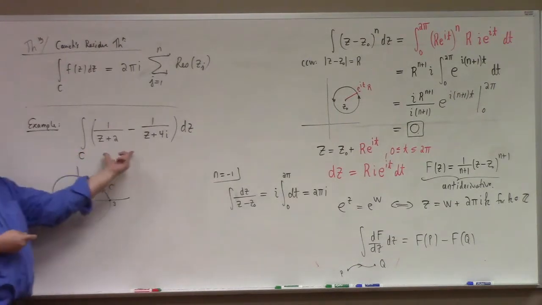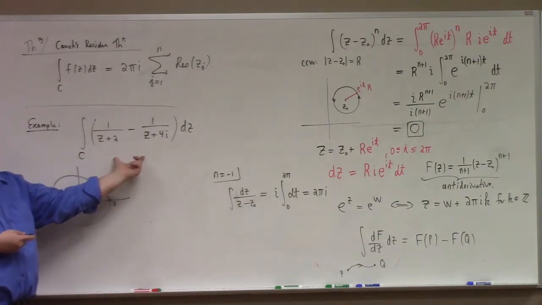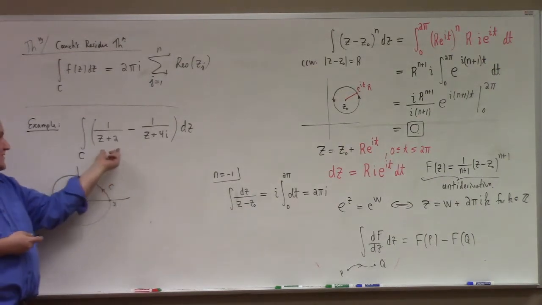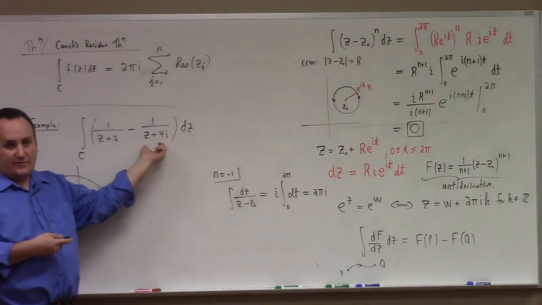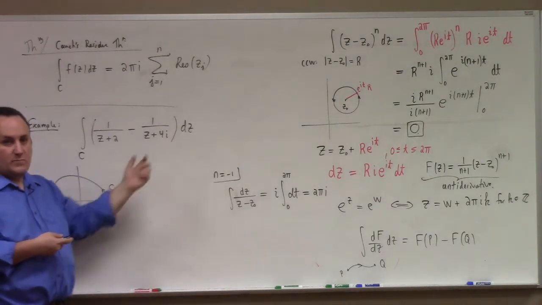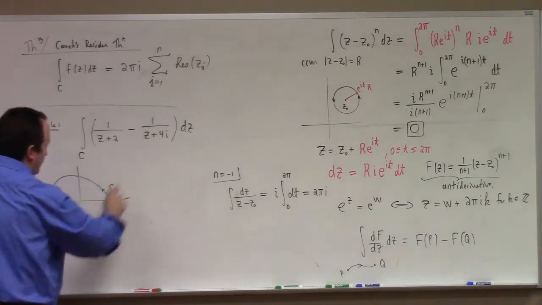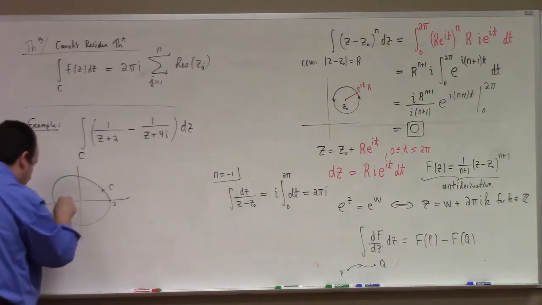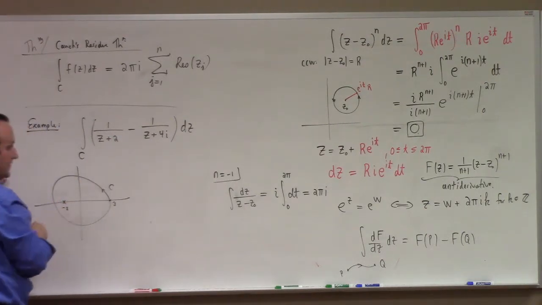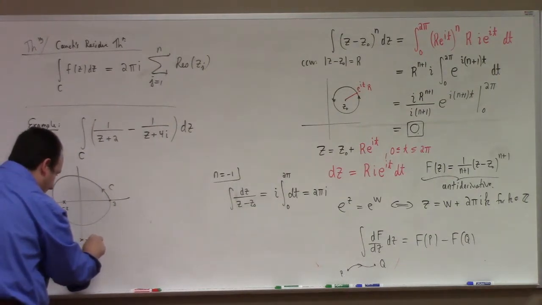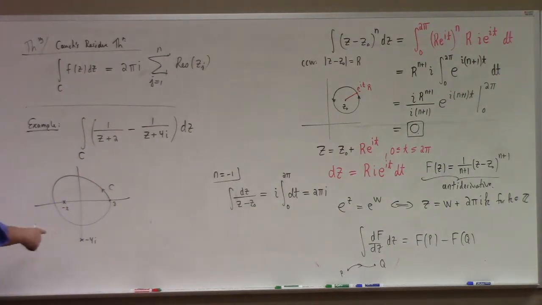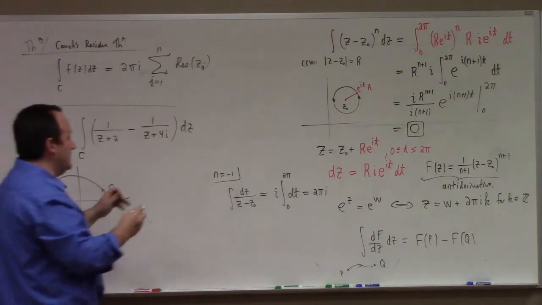These are Laurent expansions already. This is the Laurent expansion at minus 2. This is the Laurent expansion at minus 4i of a given function. Okay, so if you look at this integrand, there is at minus 2 a problem, and at minus 4i there is a problem. This is not our problem because it's outside the circle. And so the residue theorem applied to this function would just give me,